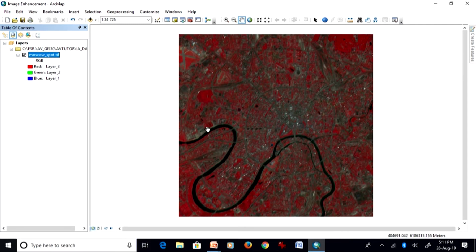Now, the water body here, which is basically a river, is appearing dark. Why? Because now we are not using a single channel, but multiple channels, and in these channels the water bodies have a very dark signature or dark pixel values, and therefore the water body is appearing dark.